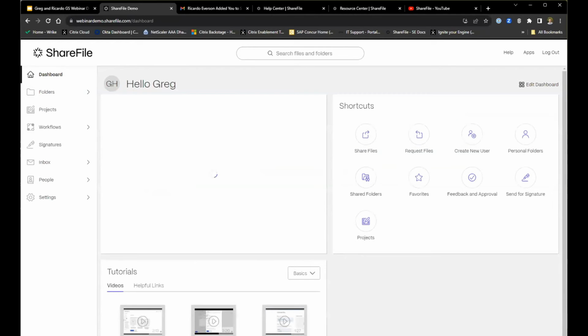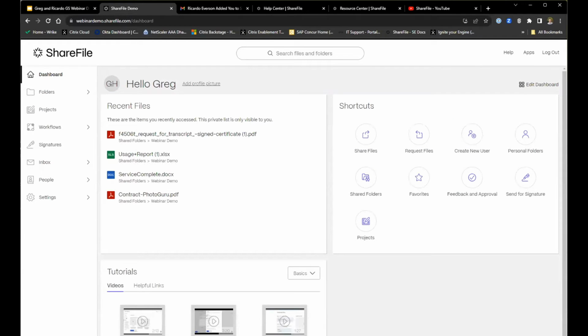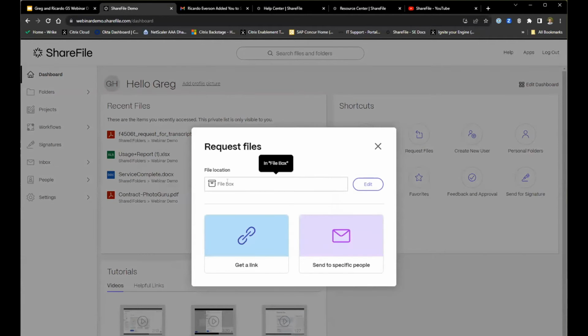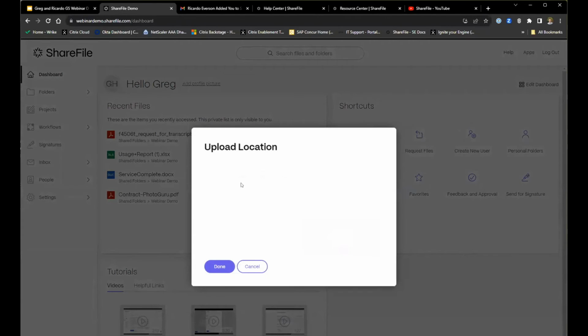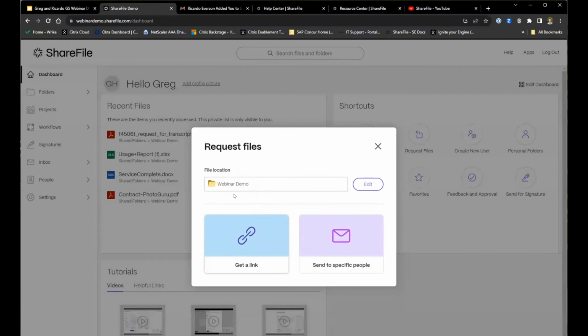We'll go back to our dashboard and look at requesting a file. Very similar. You can request a file from directly within a folder. If you want that to be its location, we're going to use our shortcut here. And it's a similar process. We're going to go through some options here. By default, the file box is going to be where requested files go to. If you wanted to change that, you could be within a folder, that other way I was telling you, or you can choose a location here. So if I were to select my shared folders, go into my webinar demo folder and click done,